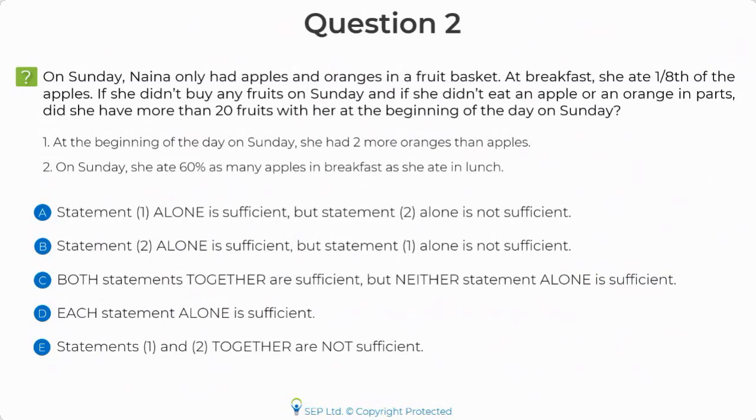Those of you who haven't responded, please do so quickly. I'm ending the poll now. I have an interesting response so far. 38% of you think that the answer should be E, and I have almost an equal split in B and C, where some of you think that if I combine both these statements, I can get my answer, and some think the answer should be B. So let's see which one it is.